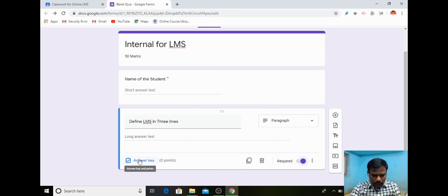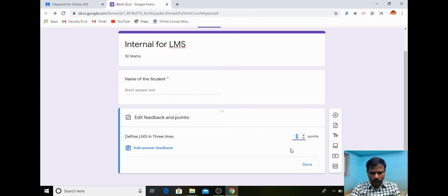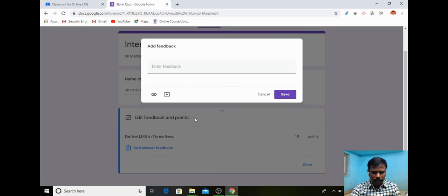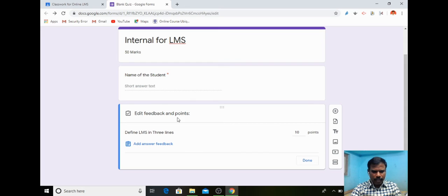So if I select answer key, what are the points I can give for this one? For example, I am giving 10 marks for this question. So here I can add answer feedback. If they are giving any feedback I can give feedback. I just omit it, and after that I can add the second one.